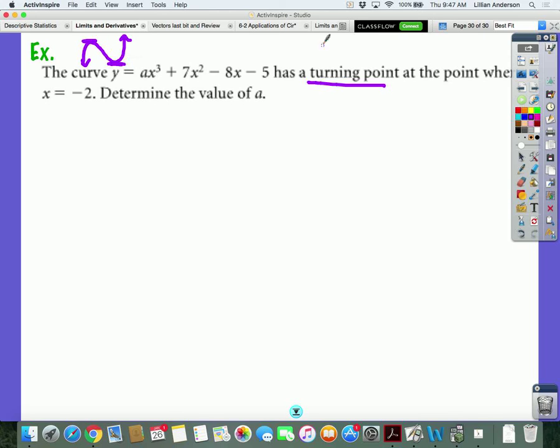Okay, so turning point means the slope of that tangent line is going to equal 0. The derivative at that particular point is going to be 0. And more specifically, when x is at -2. So we're going to have a turning point, a max or min, at -2. Okay? Now we're going to use all this information to determine the value of a. Well, we're dealing with the slope being at 0,